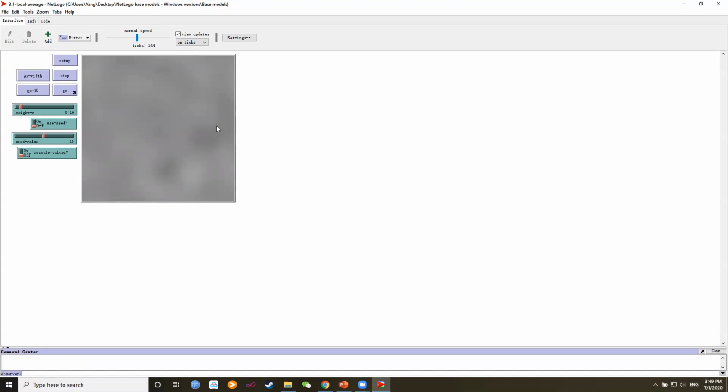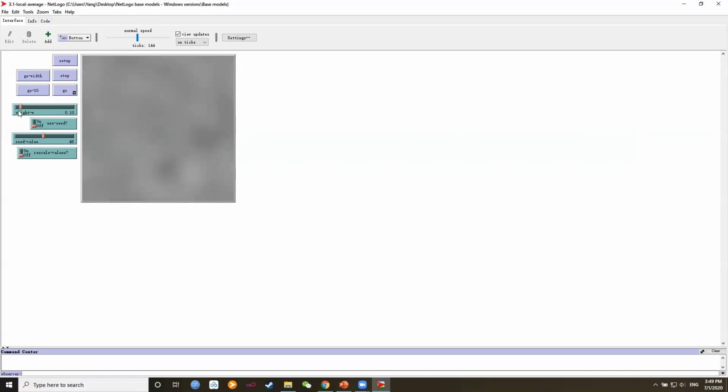Here we have a twisted shape along my cursor. And now we only have a value of W of 0.10, which means that the contribution from the neighborhood is pretty low. It's only 10%. Okay. We used 144 ticks to create this